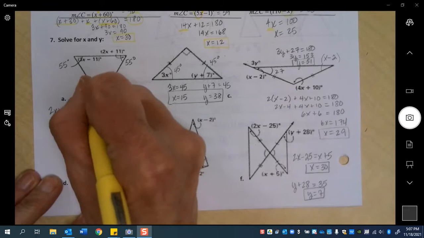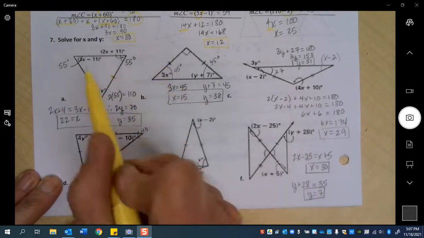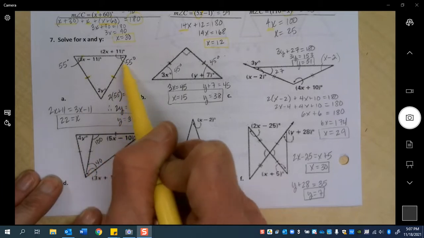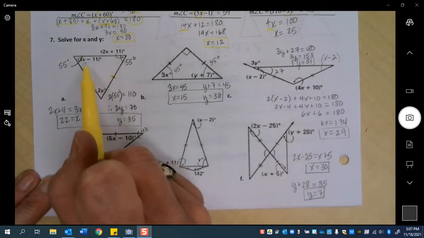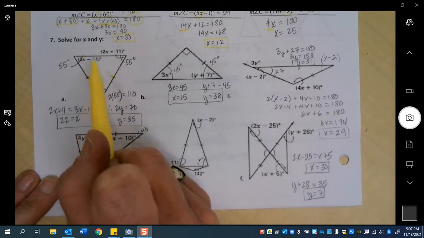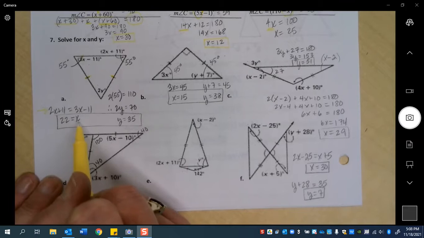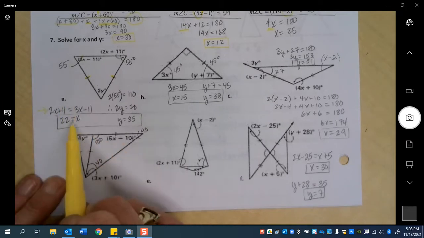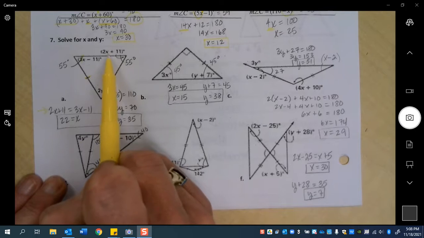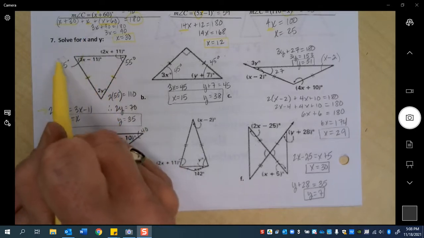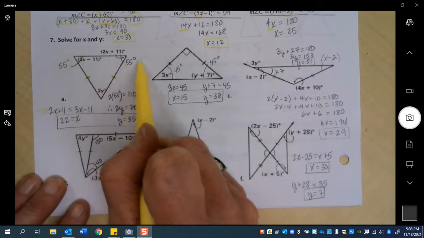All right, so here I have an isosceles triangle, so I know that each of these angles have to be congruent. So if this is 3x minus 11 and this is 2x plus 11, when I set them equal to each other and solve, I get x has a value of 22. Once I know that, I can plug 22 in for 2x plus 11. I can plug 22 in for 3x minus 11. And that's how I get angle measurements of 55